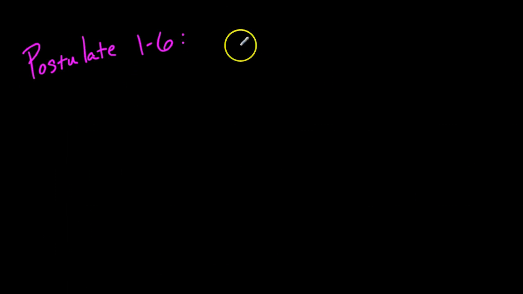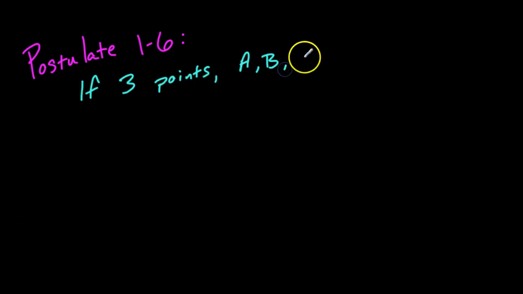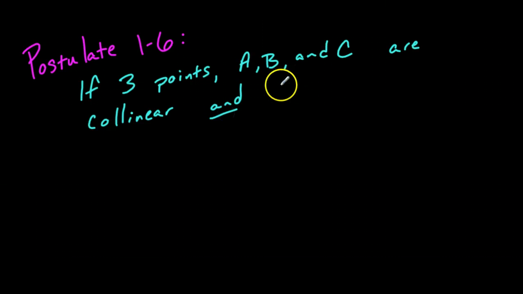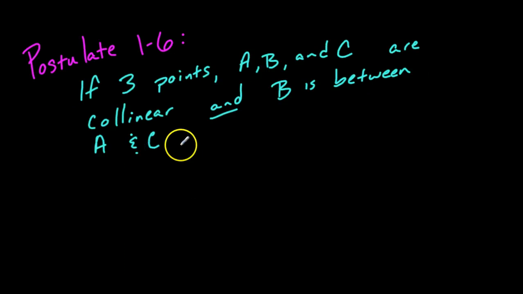Another postulate to throw at you here. Postulate 1-6. If 3 points, we'll call them A, B, and C. So we've got 3 points. If 3 points A, B, and C are collinear points, now we know that that means all on the same line. If they're collinear points and B is in between A and C, you kind of picture that in your mind. B is somewhere in between A and C. Then